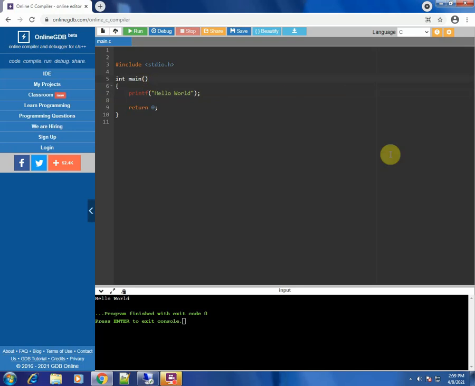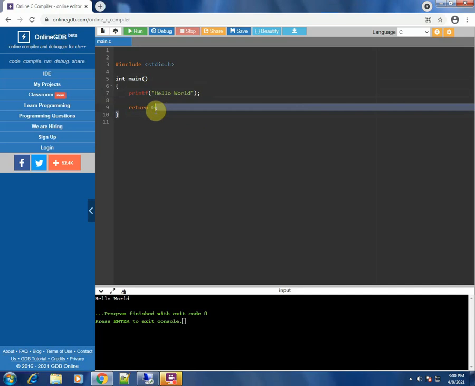The reason is that it is a function. For functions we don't write a semicolon after the bracket. There are only certain functions for which we don't write it, while for a printf function we do write a semicolon. These are the syntax and the rules of C programming, and you have to stick to them. You cannot change the rules of C programming or the way of writing these programs.